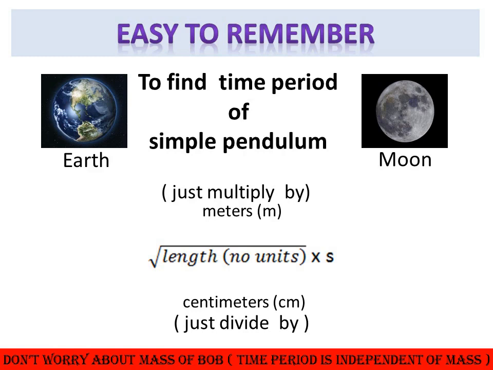So when it is given in meters, he has to multiply by 2 for Earth, and for the Moon he has to multiply by 5, and it is the reverse when it is given in centimeters: for Earth he has to divide by 5, and for Moon he has to divide by 2. So the numbers are not different, 2 and 5. Similarly, more than 10,000 sums can